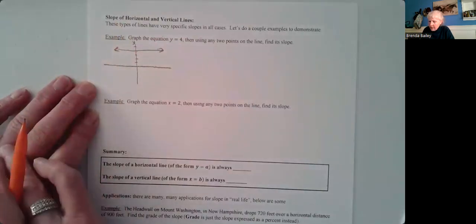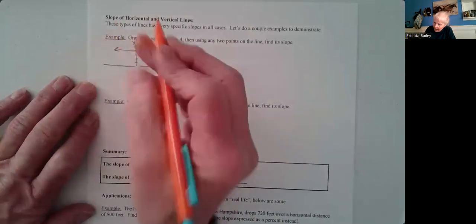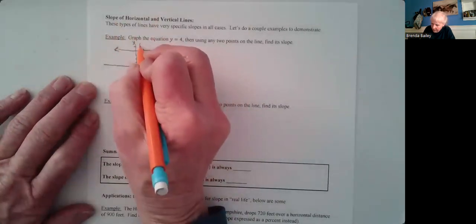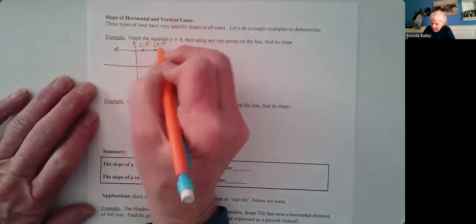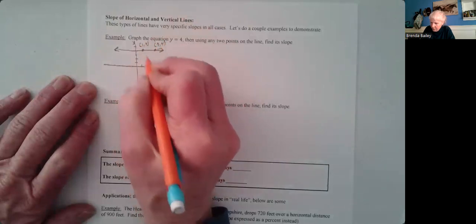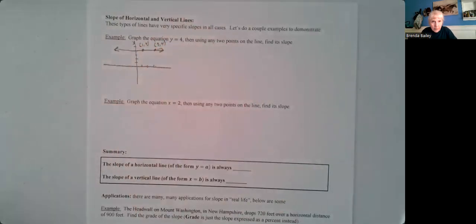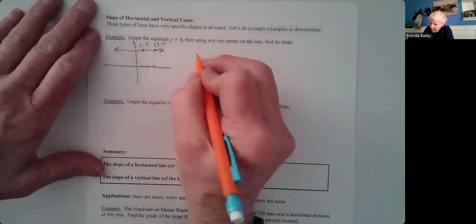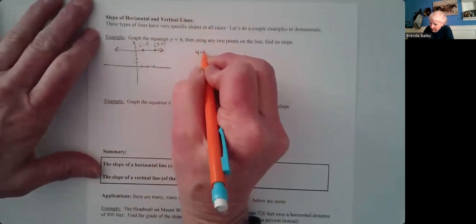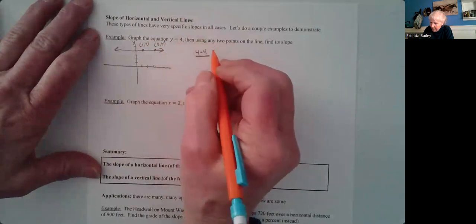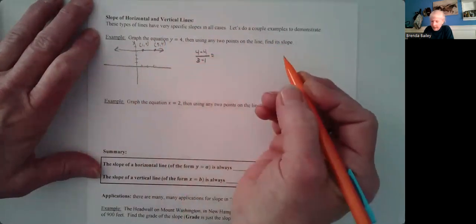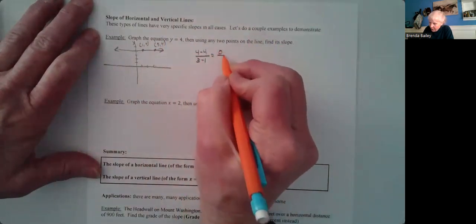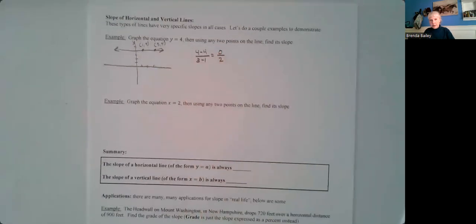Then using any 2 points on the line, find the slope. So we're going to pick, let's say (1, 4) and let's do (3, 4). Okay, we'll pretend that's 1, 2, 3. Good. So let's go ahead and find the slope. So we take the difference in the y's over the difference in the x's. So here, the y's are both 4. And the x's, we will start with this one. That gives us 0 over 2. All right, now 0 over 2